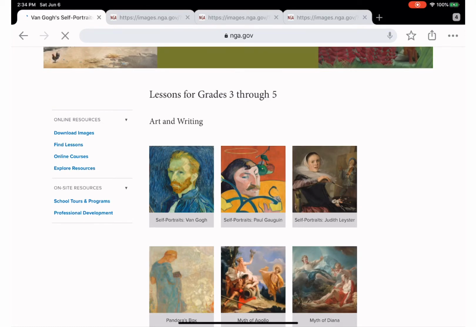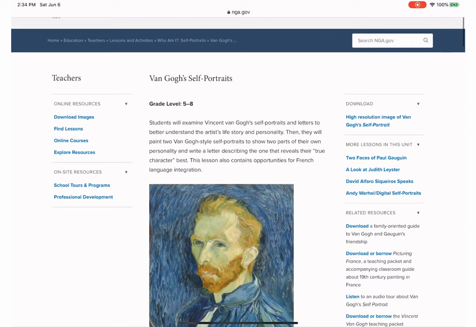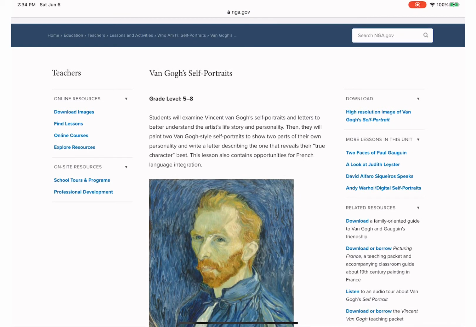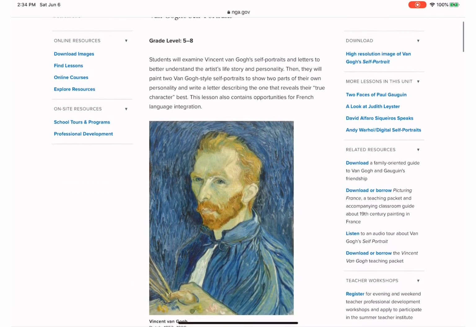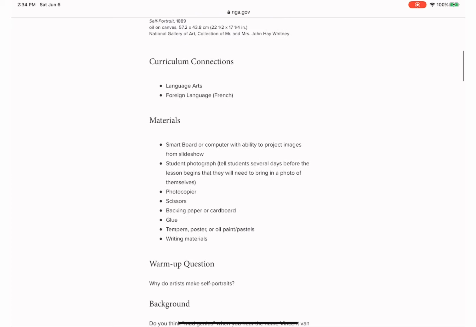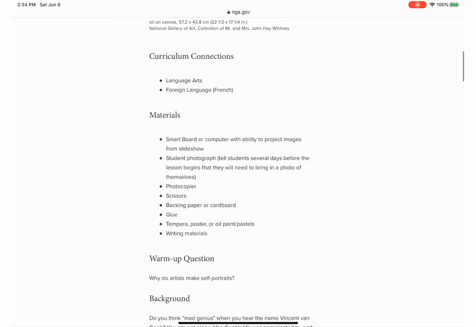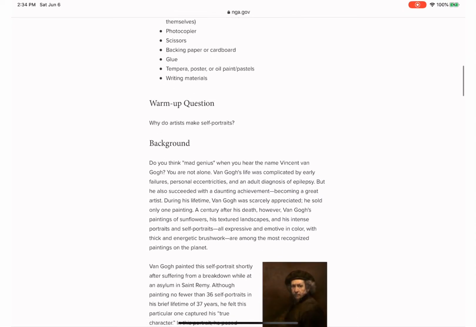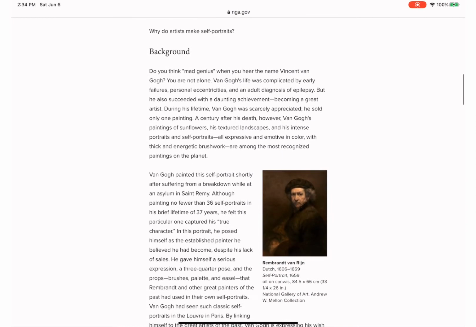I'm going to click on self-portraits, and from the hook, or like the warm-up question, to the closure, everything is here. It gives you a step-by-step guide, and it also provides integrative opportunities and resources. So, materials, warm-up question, background,